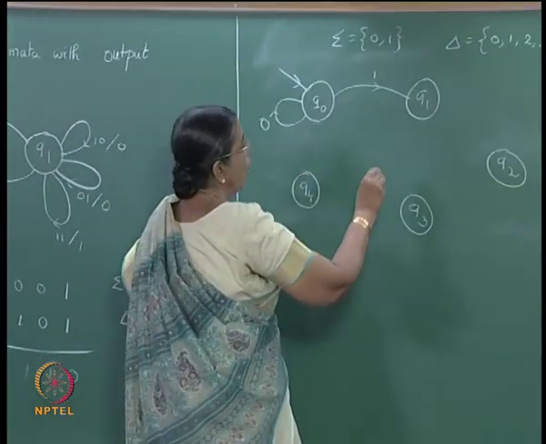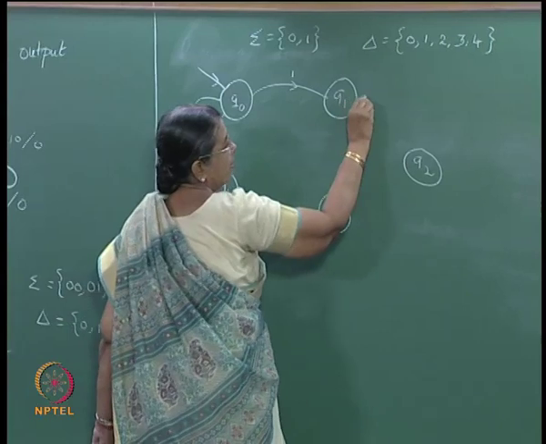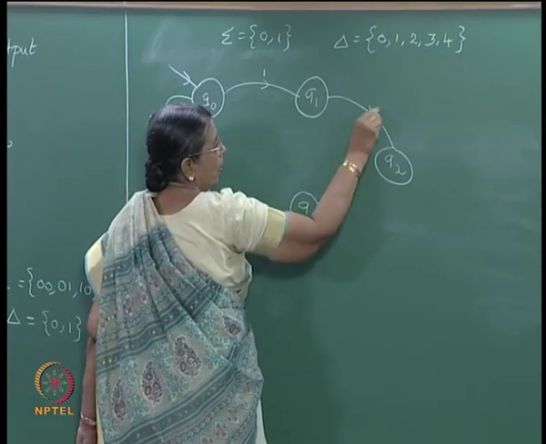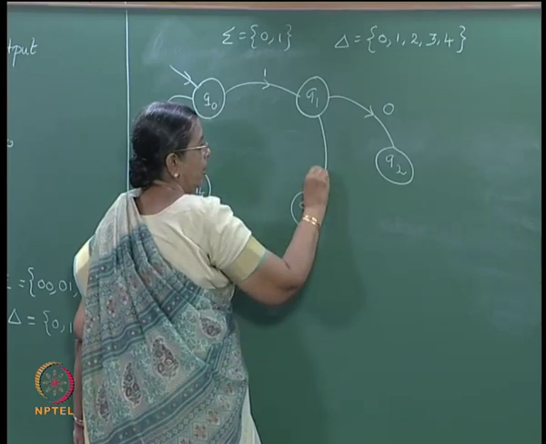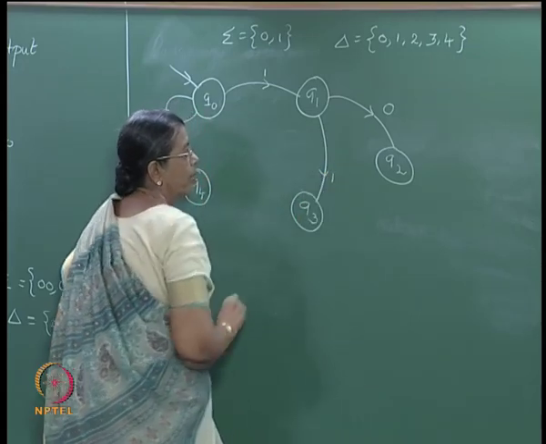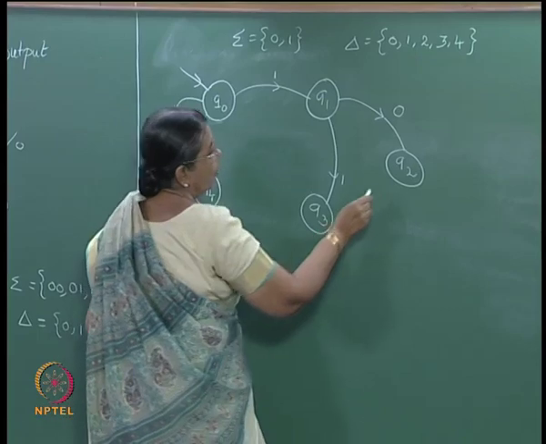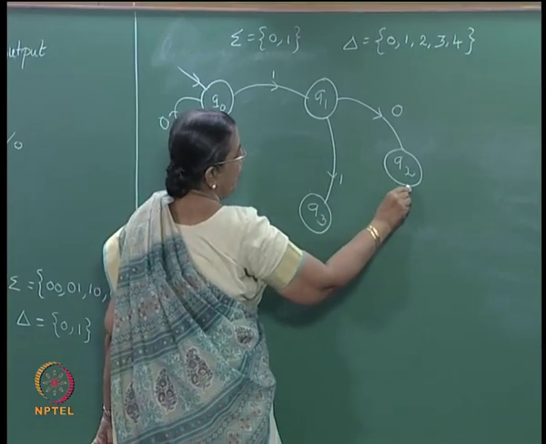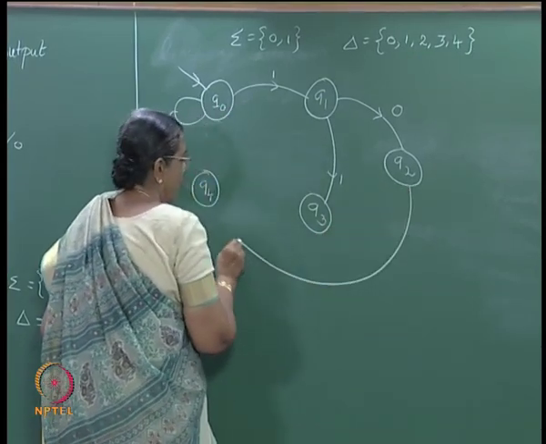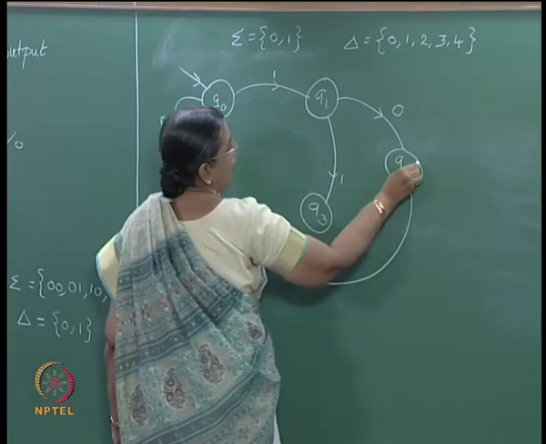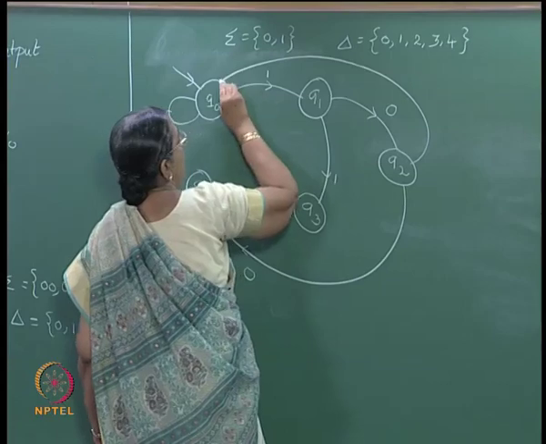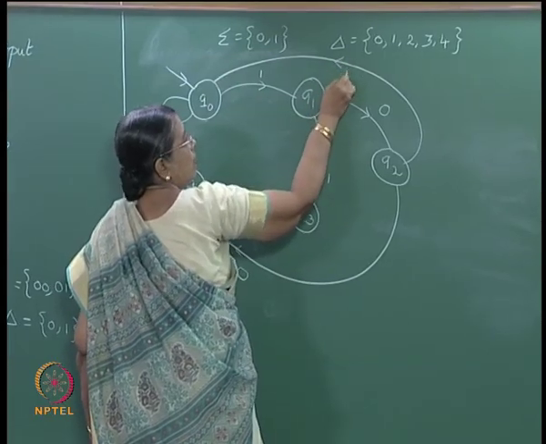So, from Q1 when you get a 0 you go here, from Q1 when you get a 1 you go here, from Q2 when you get a 0 you go here, when you get a 1 you go here,